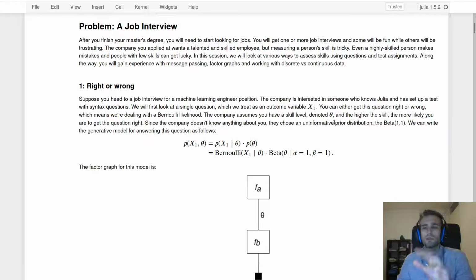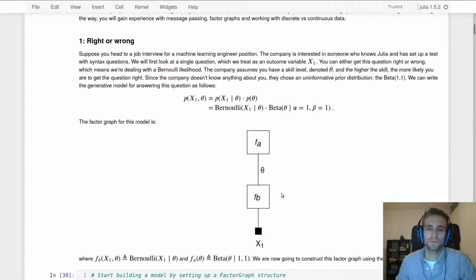So this resembles the model from the first probabilistic programming session, the beer tasting experiment, and we are explicitly having another look at this in the context of factor graphs. So you're going to start with something that's already familiar. So the general model consists of the following. I have a joint distribution p of x1 comma theta that factorizes into p of x1 given theta times p of theta, where p of x1 given theta is a Bernoulli likelihood and p of theta, the prior, is a